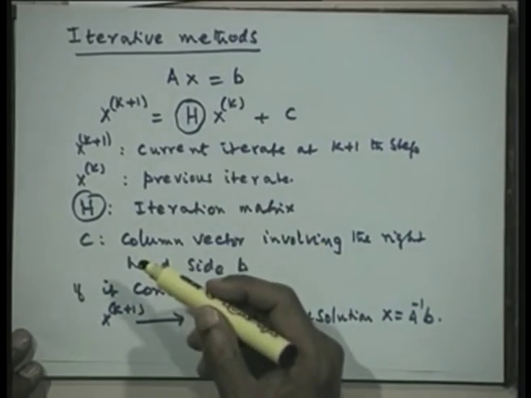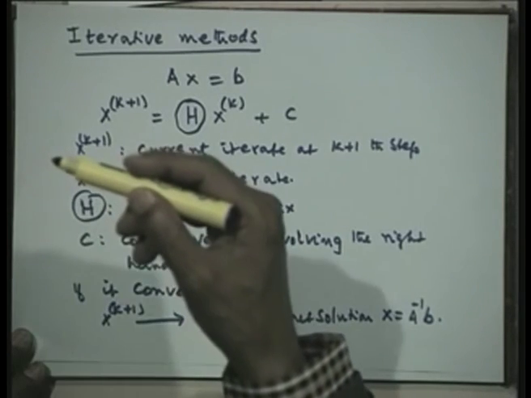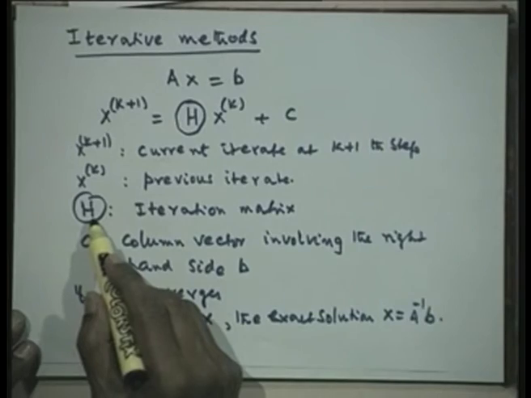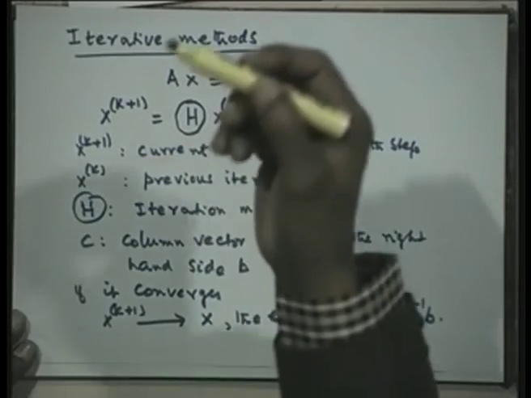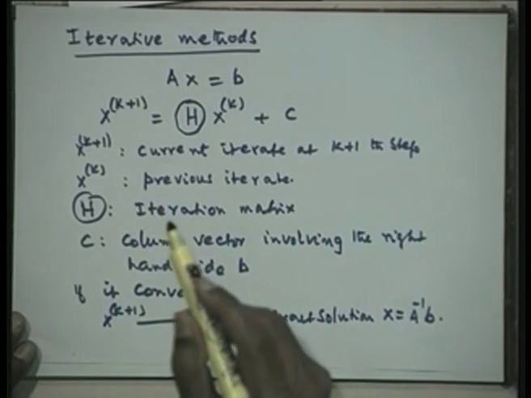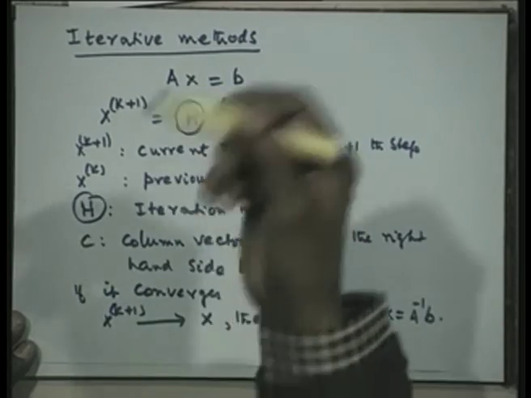When we solved systems in the direct methods, we solved them in the given form, by Gauss elimination, and we also found that when the pivot is 0, we used partial pivoting. We interchanged the equations and so on. Therefore, the order in which the iterative method is applied is very important. If you change the order, then the properties of the iteration matrix are going to change. That means, if you interchange the first equation with the 10th equation, then the properties of H are going to change. Therefore, you may make a convergent method divergent and a divergent method convergent with this type of interchange. So, we shall do those things in the next class.